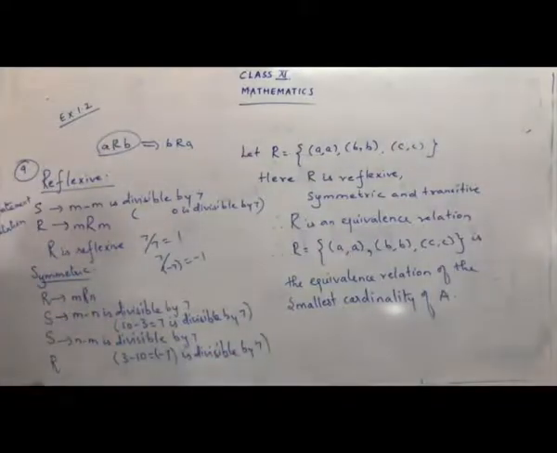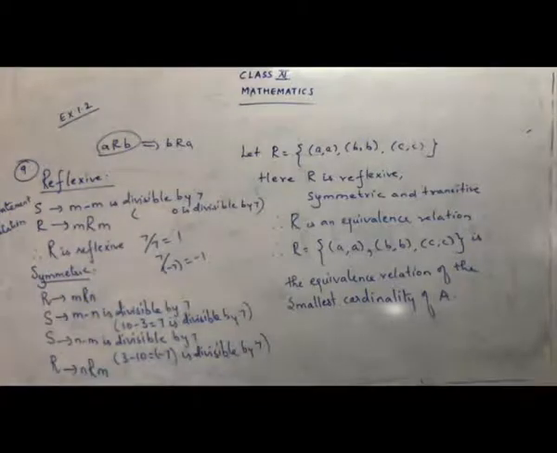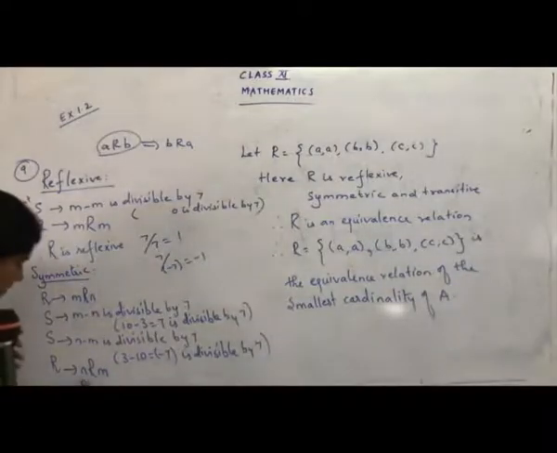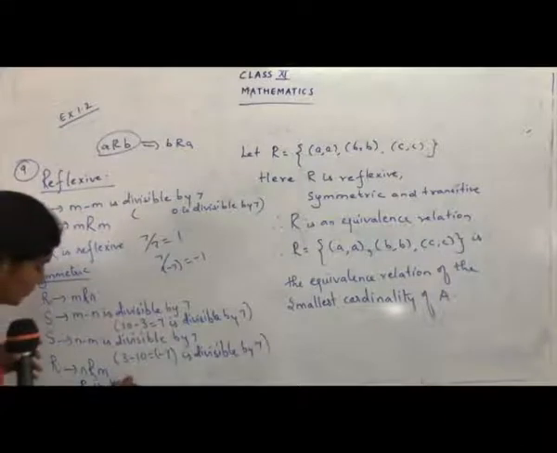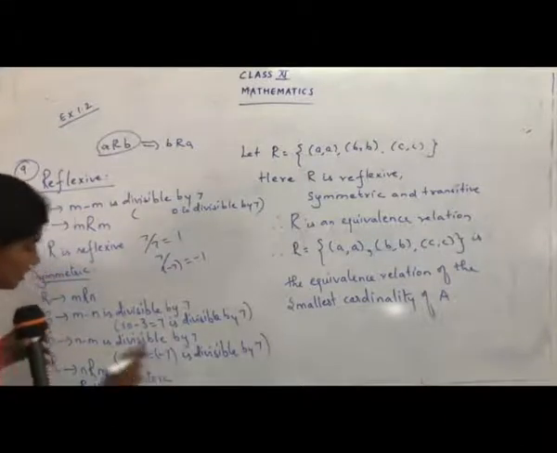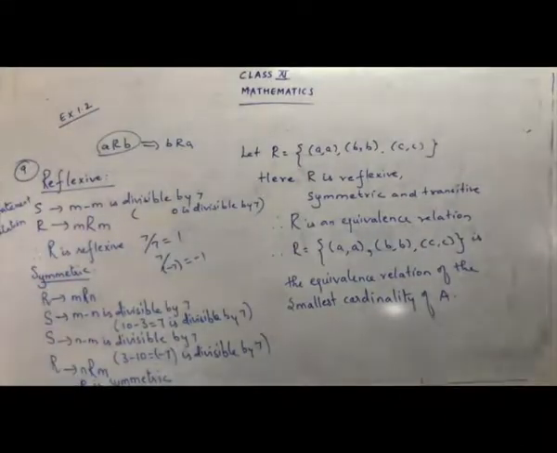So what will this relation be? N is related to M. I started from M related to N and I got the relation N related to M. Therefore R is symmetric. So we have shown that R is symmetric also. We have found that R is reflexive and we have also shown that R is symmetric.